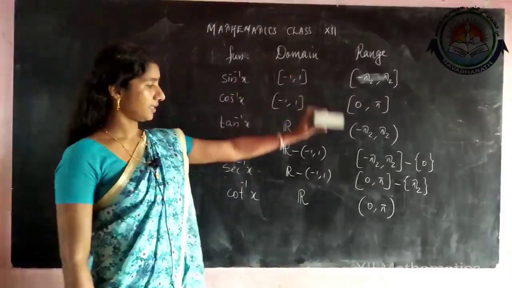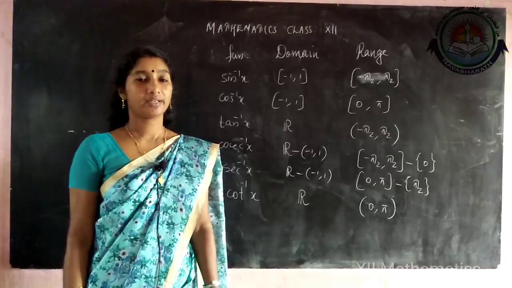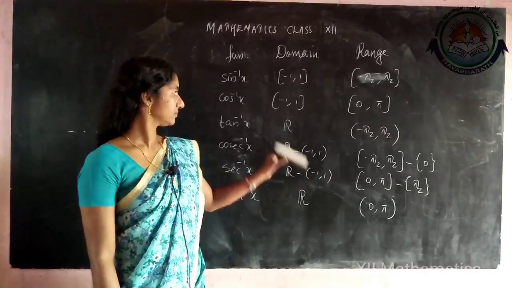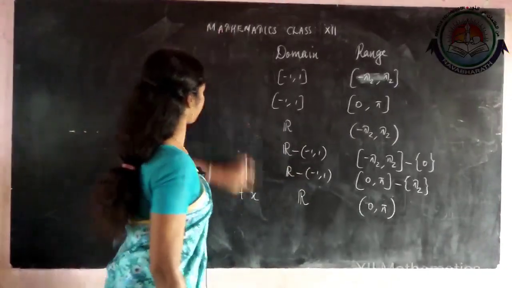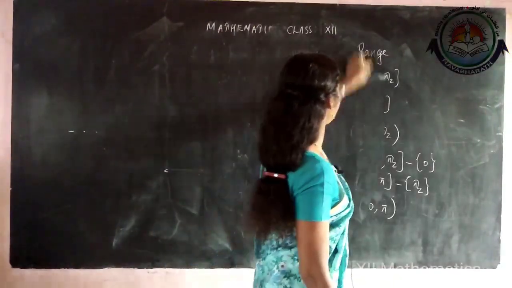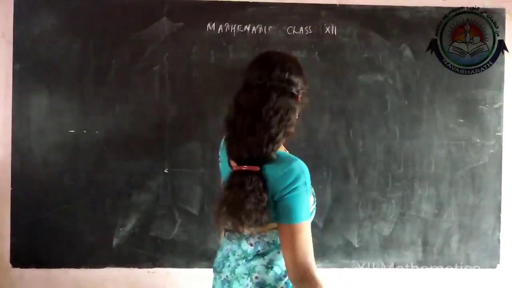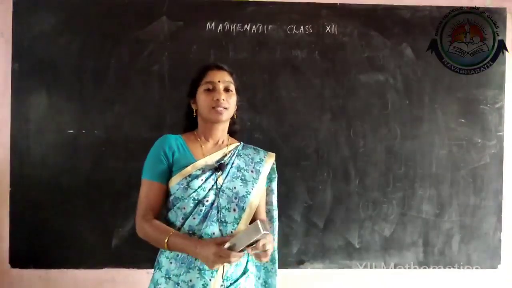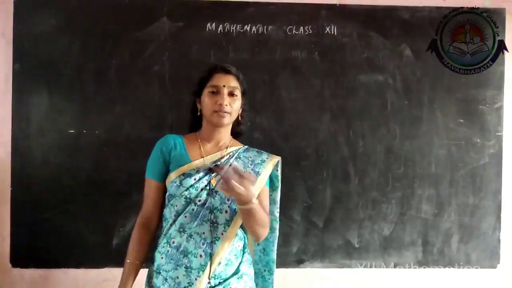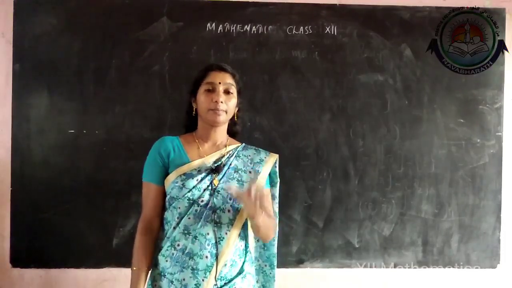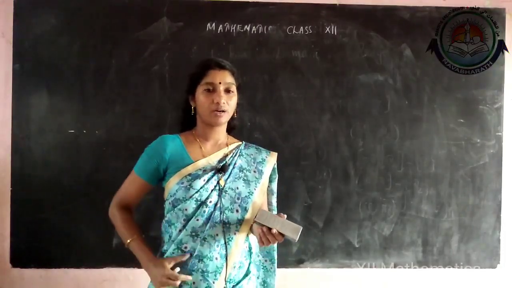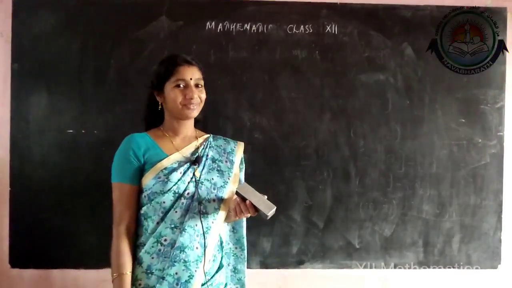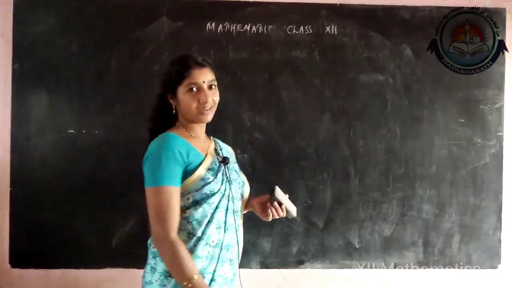Okay, so this is the important thing, the domain and range of the inverse trigonometric functions. This table is there in your textbook, you can write it in your notebook. You only need to draw the graph of sin inverse and cos inverse, all other graphs no need to draw in your notebook. Can we continue? Okay. Then we have some properties.